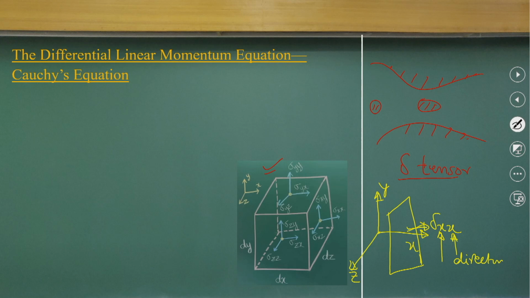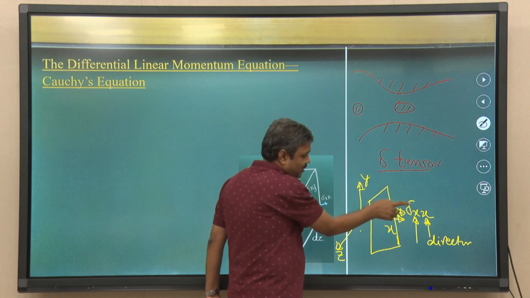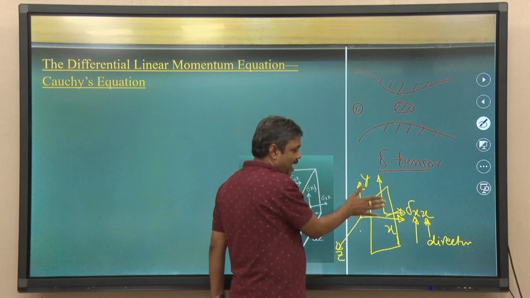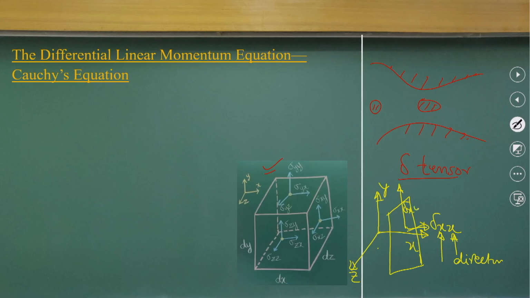So, if I have sigma x x, that is where you can see x is there, I can write sigma x x. When I write the same thing in these directions, it is acting on the same plane, so it will be sigma x y, as it is acting in the y direction. If I take this direction, I can write sigma x z. The same way, if I take a surface